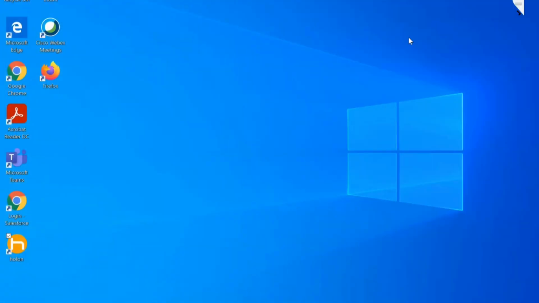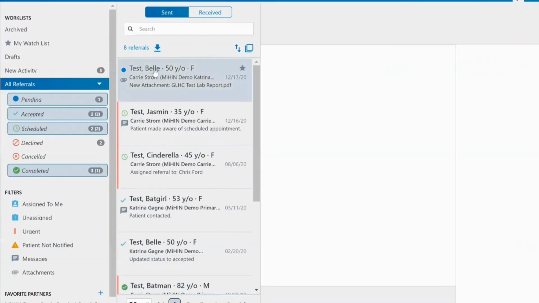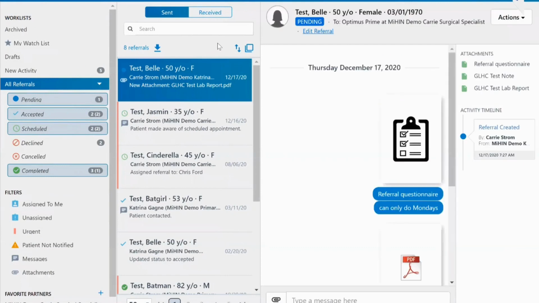So if I click that, then you'll see it opens up a referral window for the practice I'm logged into as my default. I have other practices that I have access to that I can also switch to within the demo environment. I'm going to expand this window a little to make it easier to see. So this happens to be a demo